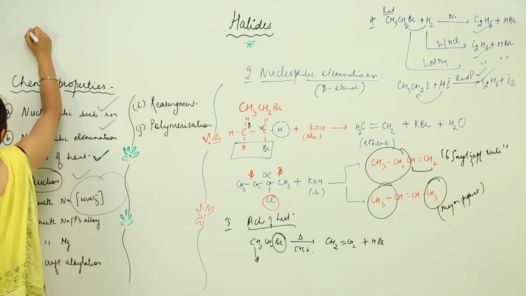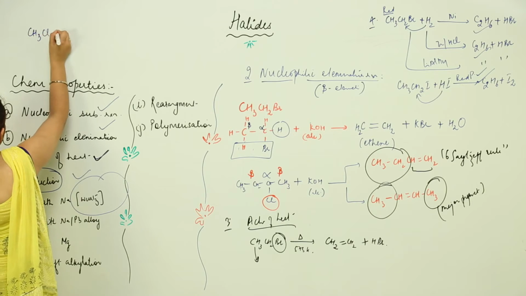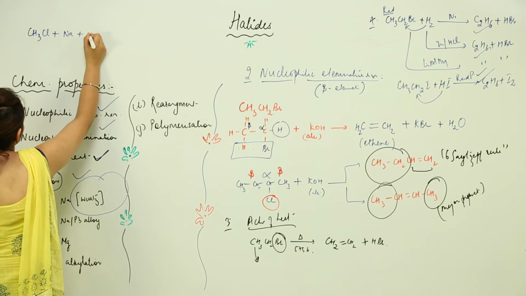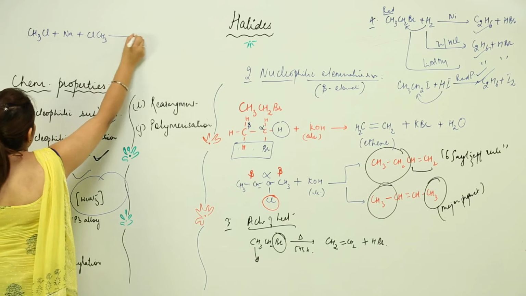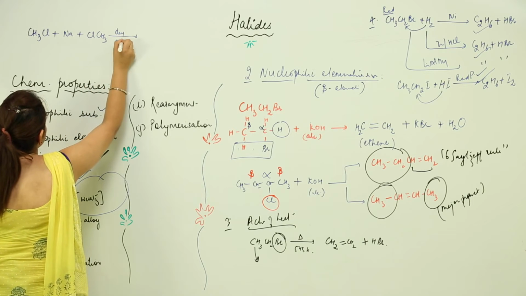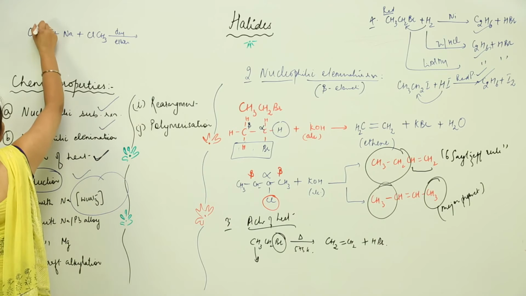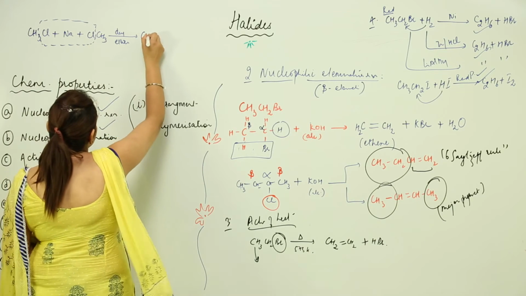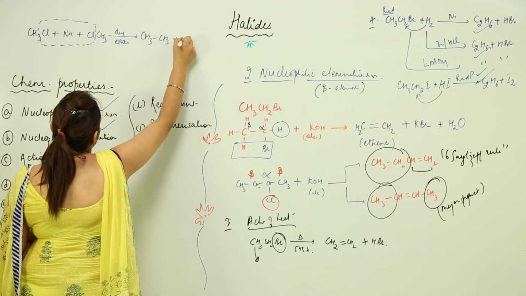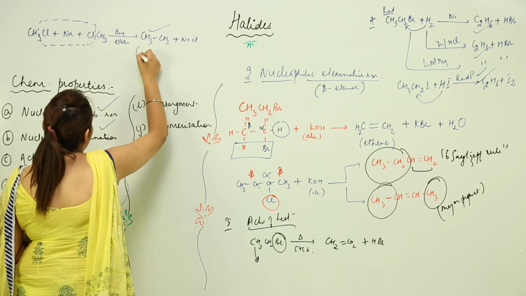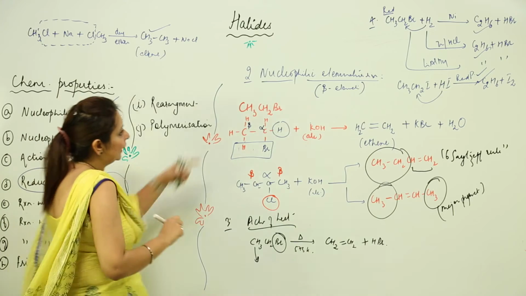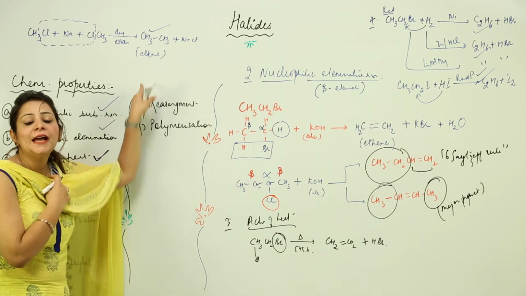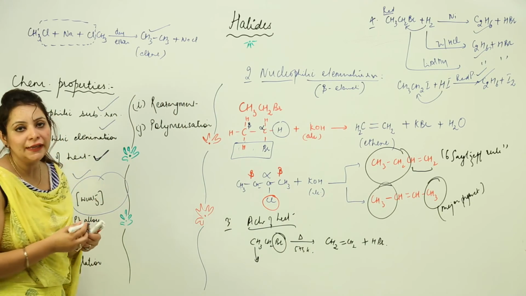Let's say we have two alkyl halides, we are adding sodium, and this reaction is taking place in the presence of dry ether. So what happens? A molecule of NaCl gets removed in this way, and the two alkyl groups get attached and we get an alkane. So again, this is a method. By reduction and by Wurtz's reaction, that means by reacting it with sodium, we can actually get the alkanes.